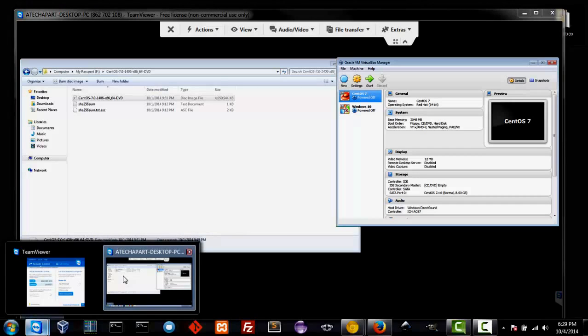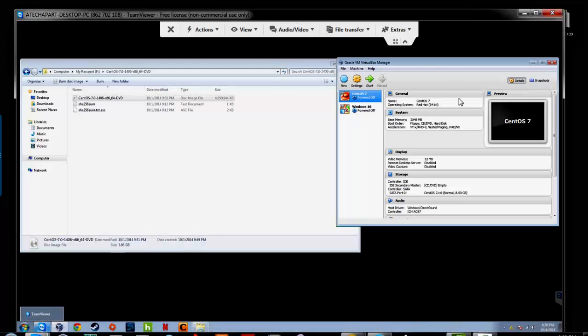You could use it for different types of things, something like this, where on this laptop that I'm on right now, I can jump into and access the desktop of another computer in another location. So that's what I'm doing here. I'm just accessing it from this laptop, and this is the desktop for that other computer